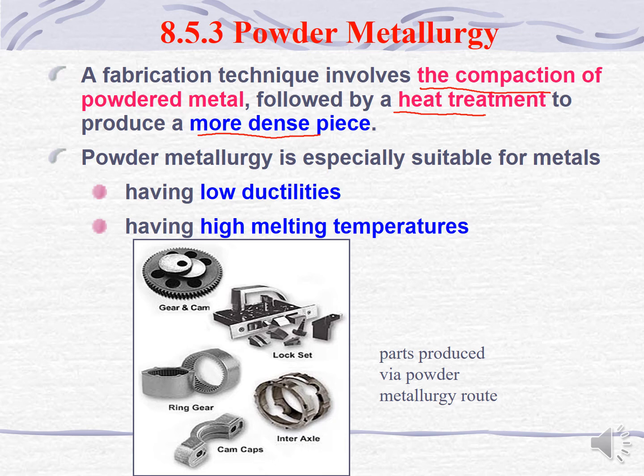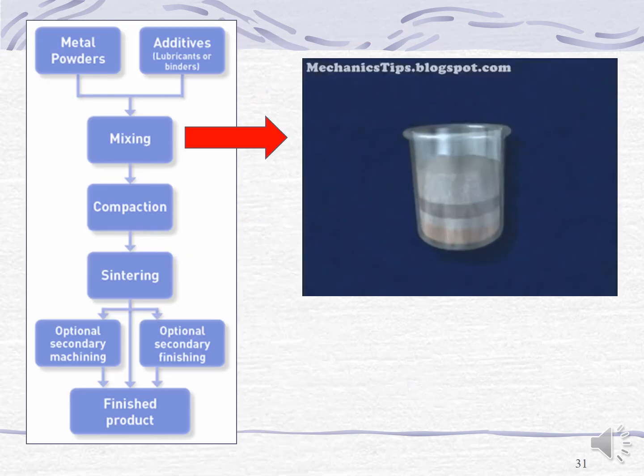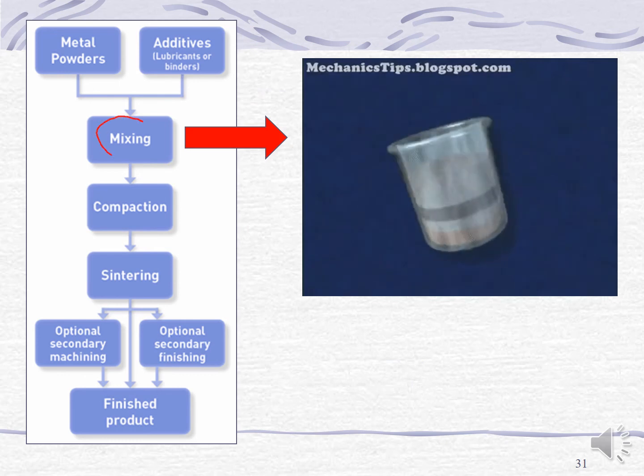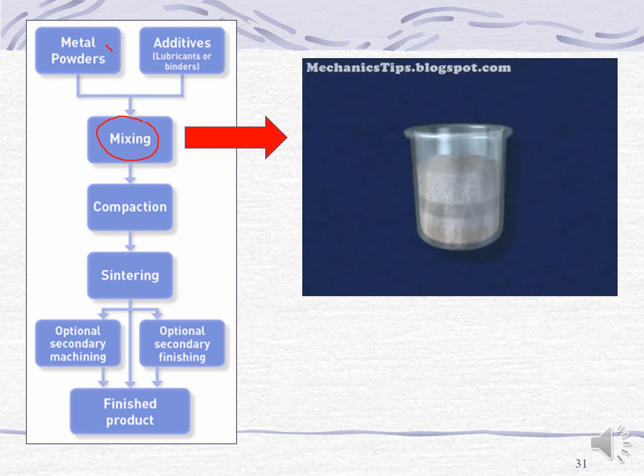This method is suitable for metal having low ductilities and high melting temperatures. It begins with a mixing process, mixing of metal powders and additive. We mix these powders until it's homogeneous,